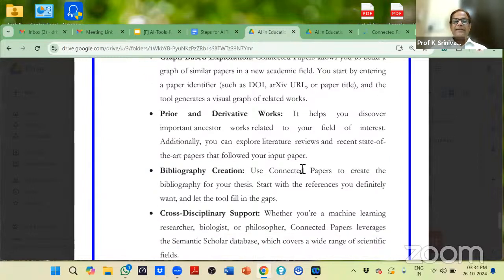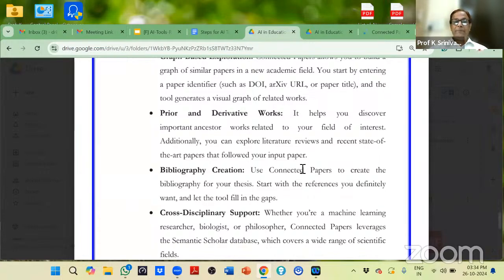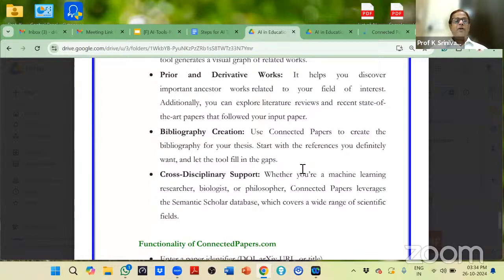नंबर टू, प्रायर एंड डेरिवेटिव वर्क्स, मतलब कौन सा काम जो है इम्पोर्टेंट, एंसेस्टर कौन है उसका, मतलब किसने शुरू किया था, एंड वहां से डेरिवेटिव मतलब उसको लेके दूसरों ने क्या बनाया था। तीसरा बिब्लियोग्राफिक क्रिएशन है, और चौथा वेरी इंपॉर्टेंट है, क्रॉस डिसिप्लिनरी सपोर्ट भी है।